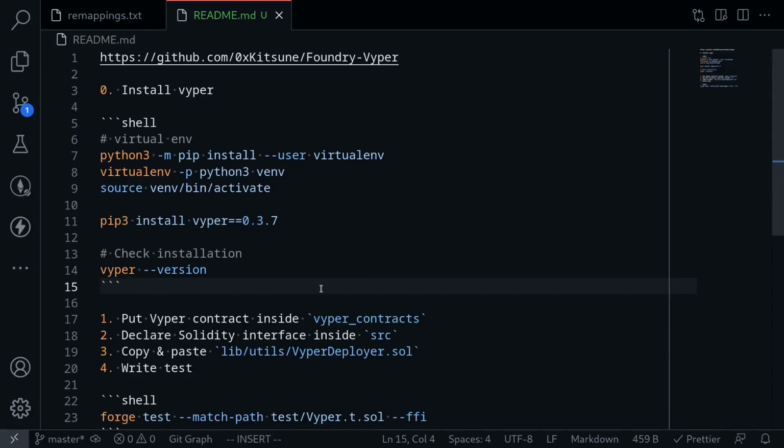I'm going to share with you how to test your Vyper contracts using Foundry. This example is based off of this GitHub repo, which we will visit later. The steps to test your Vyper contract using Foundry is to first install Vyper, and then we'll need to put